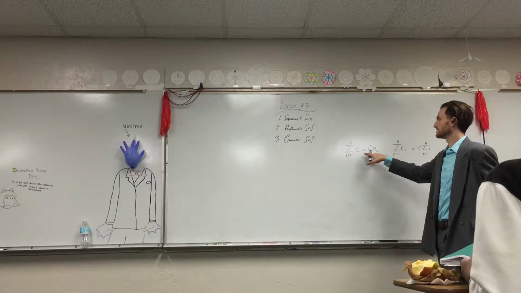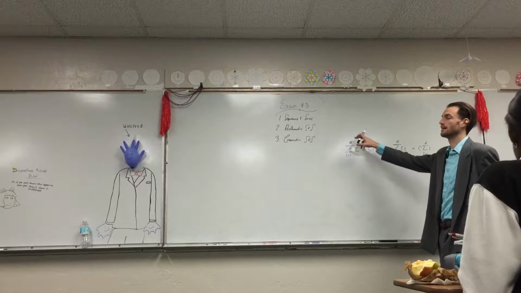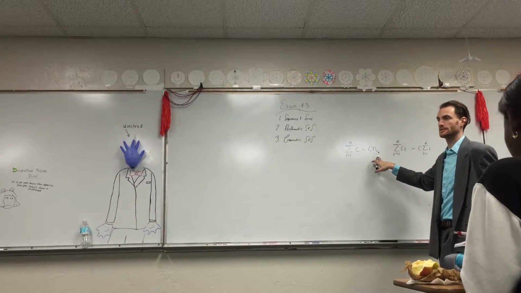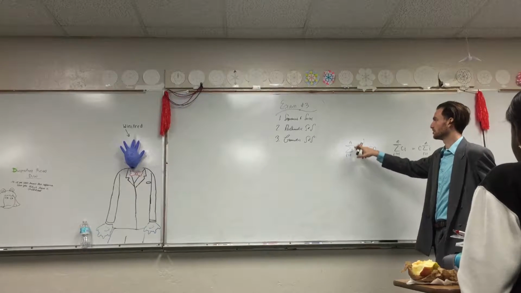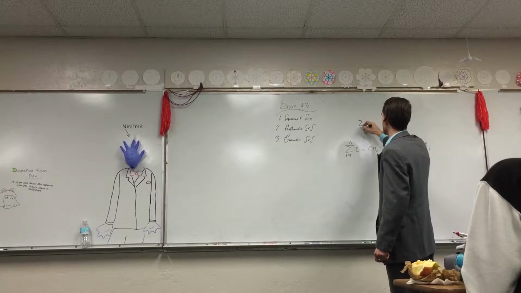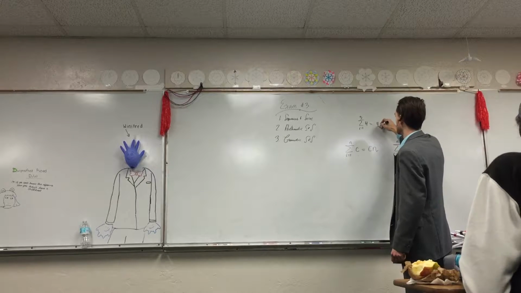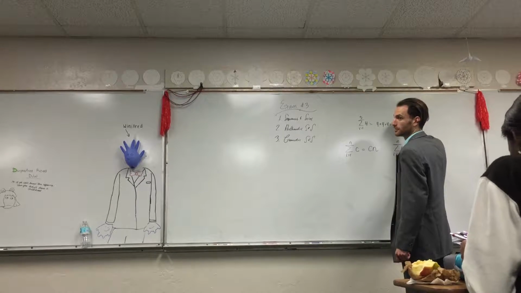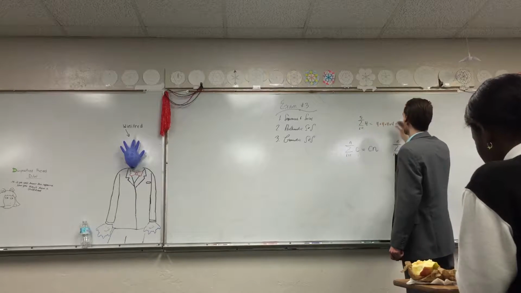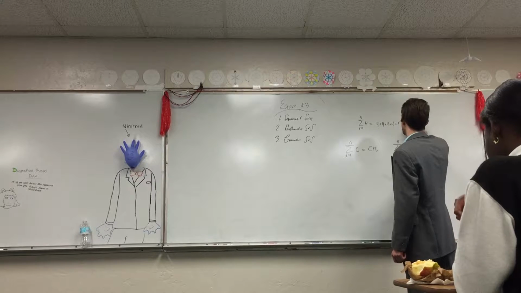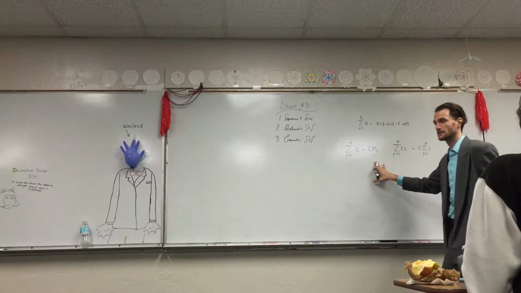The reason why this is c times n is, look, I would just be adding up c plus c plus c plus c, n times. So it's just c times n. Does that make sense? The sum from i equals 1 to 5 of 4 is just 4 plus 4 plus 4 plus 4 plus 4, right? Because I'm just counting up to 5, but I'm not changing anything. So that's just the same thing as 4 times 5, which is cn. Does that make sense?